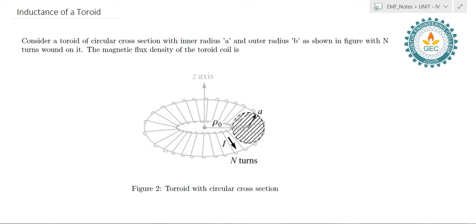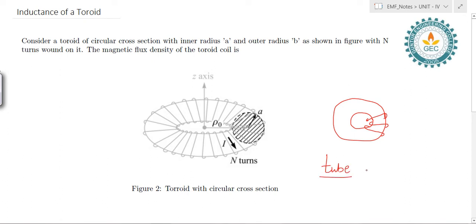So, this is the toroidal coil. Understanding the concept of a toroidal coil is very simple. A circular cross section toroid coil will look like a tube. You might think that it is a crude example, but it is the best example to understand the shape of a toroid. Have you seen any tube,